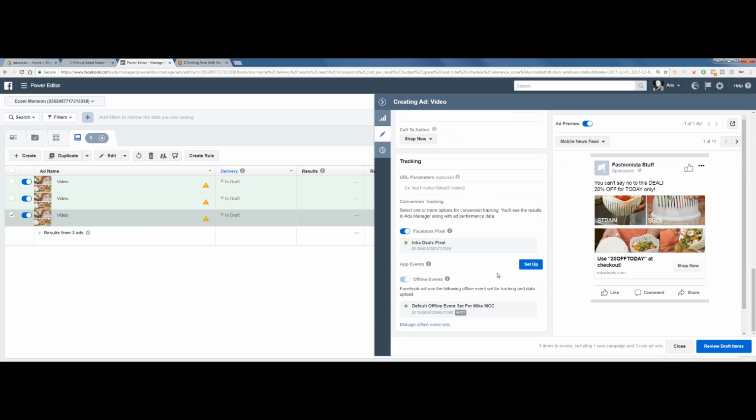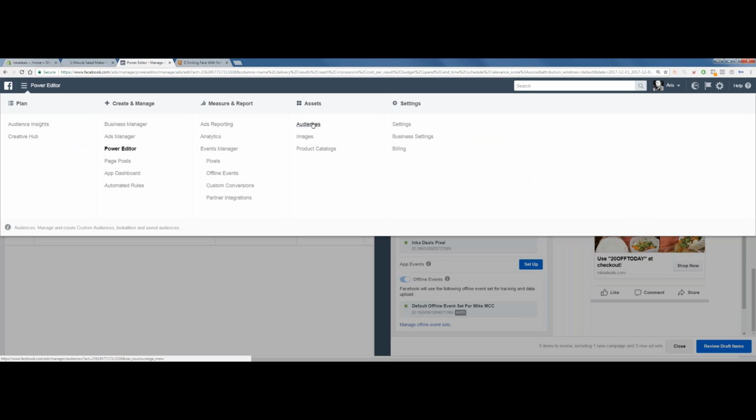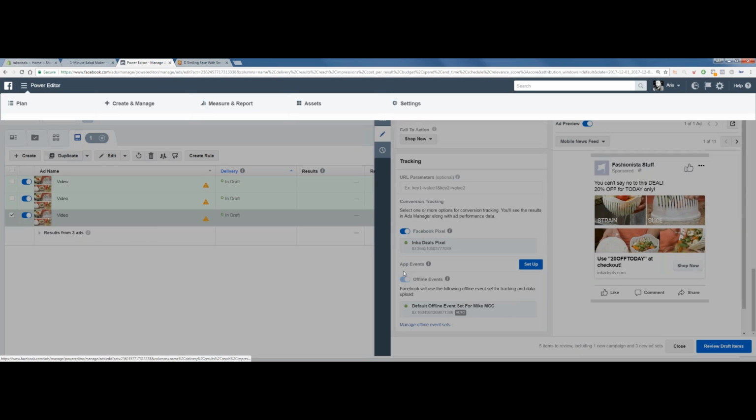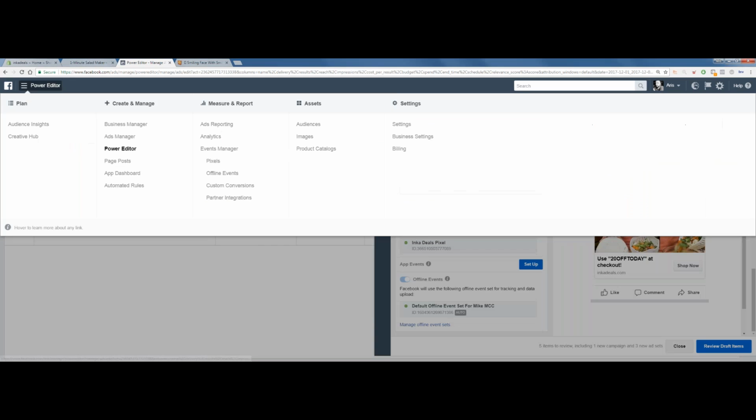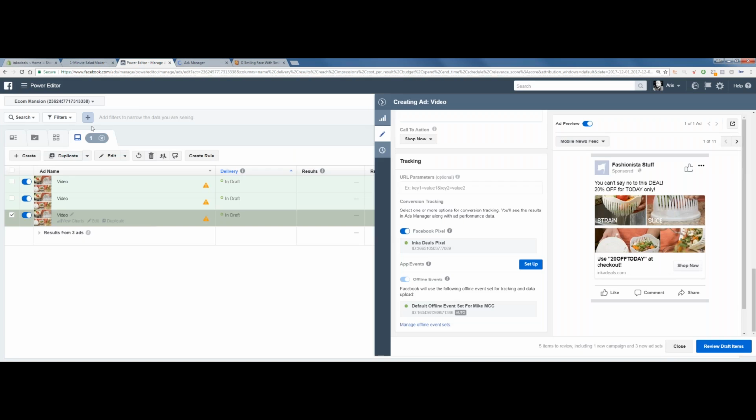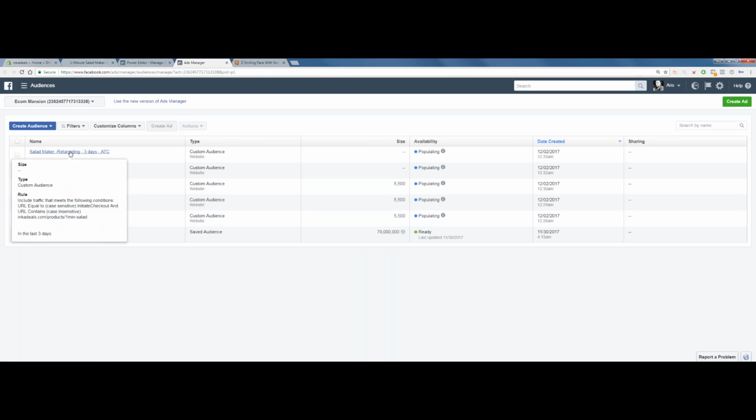Maybe you're missing something. But does everybody understand what I did? Because I could tell from your questions, you may have not fully understood. So this is done, and I'll explain again what we did. We're gonna save this, and we're gonna save the draft, and we're gonna run it. Let's go back to audiences. Let me just open audiences in another window so we can look at things one more time.